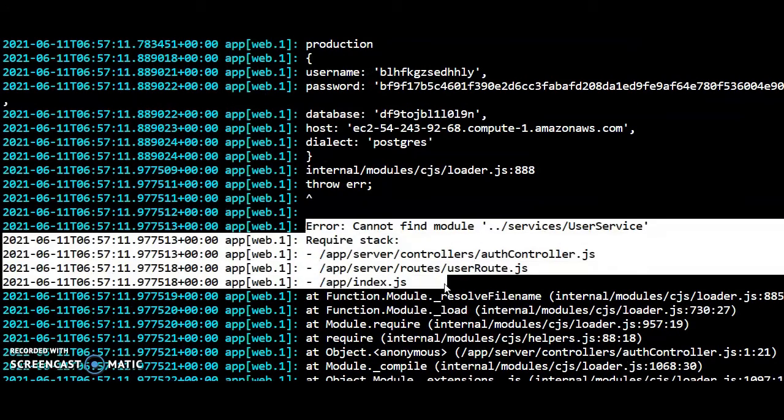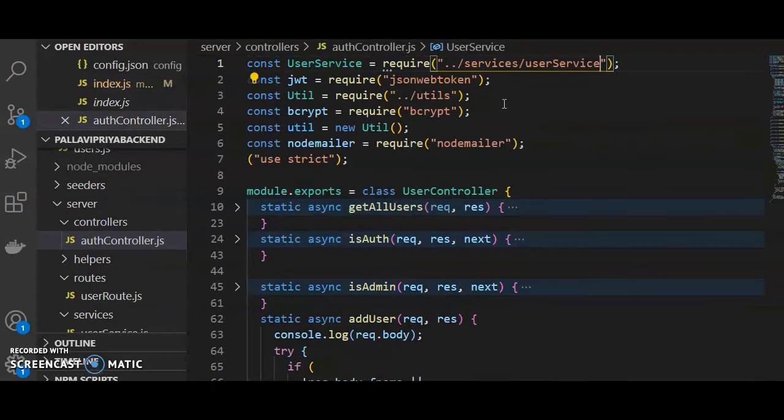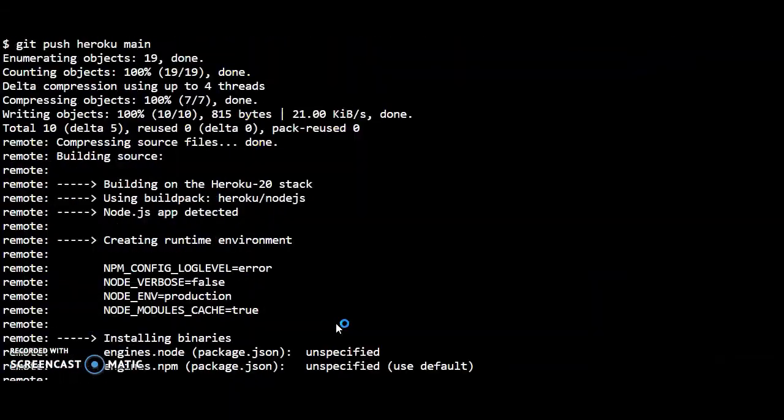Now after that, what I took note of is that it's showing that some kind of modules are missing. So in the auth controller, we are requiring this user service, which is actually an interface between the database and the front-end application, which has been configured like that. So I just changed this import, and after that it worked fine.